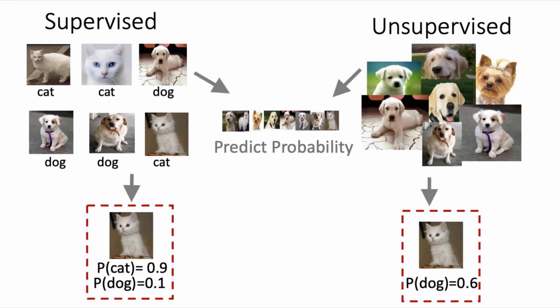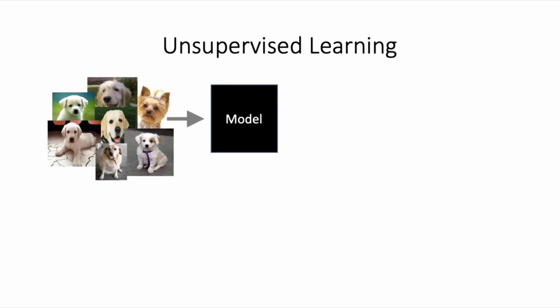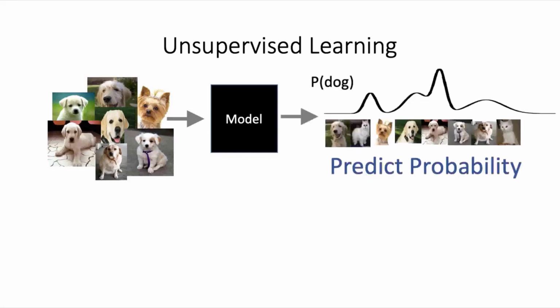You might wonder how the unsupervised learning model evaluates its performance if it doesn't have labeled training data. Well, the unsupervised learning model still has training data even if it doesn't have labels. So the unsupervised model gets evaluated not on its accuracy of predicting labels, which it doesn't do, but on its accuracy of predicting the patterns in the data.